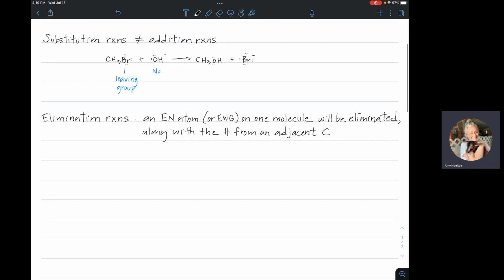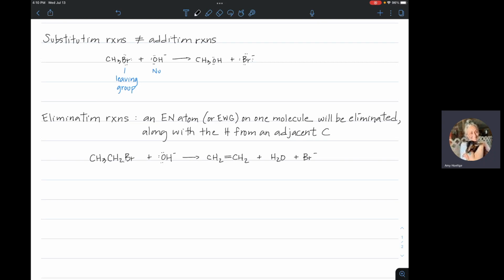So for example, we could have something like this plus OH minus, which can act as a nucleophile or a base. And what we're going to get is we've removed a hydrogen from an adjacent carbon, so that methyl group there, and we've eliminated the leaving group. We're going to get water plus bromide,